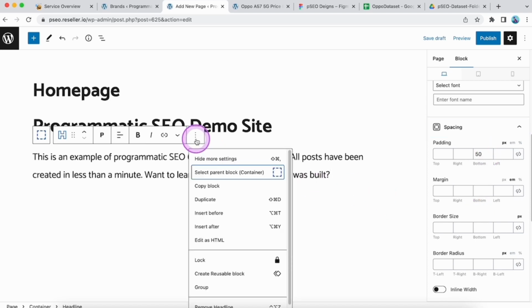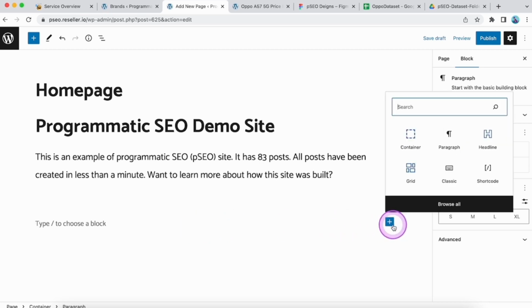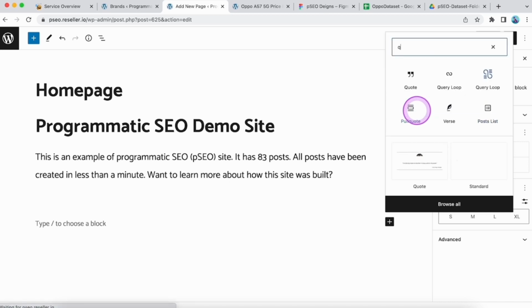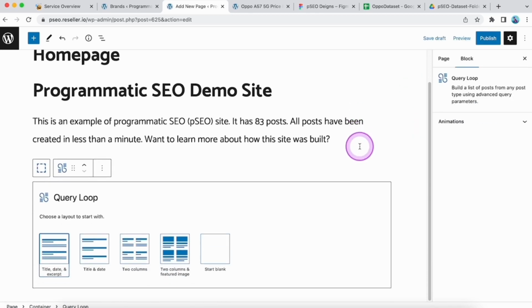After this, because we want to show all the posts, we will use something called a query loop block. So insert after, the next block we will use, I'll click on the plus sign, and in the search bar I will write query loop. Okay, it is giving me some options because this is a demo site. I will only be using the existing